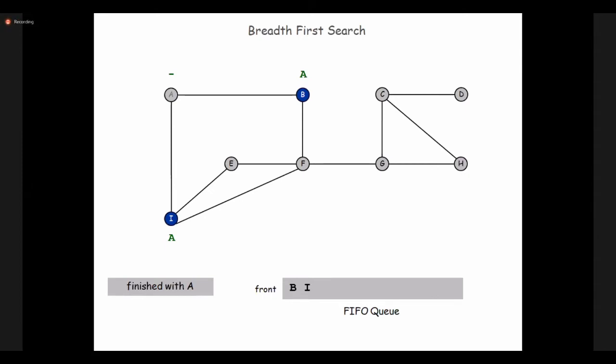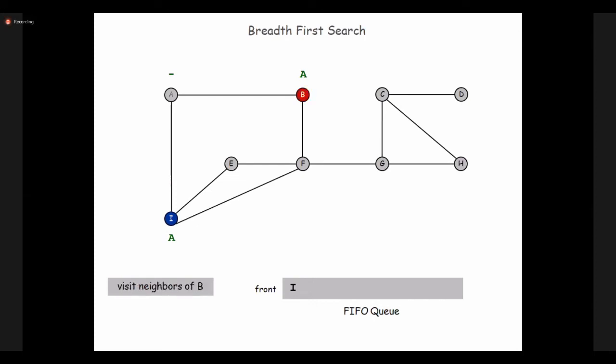So in the program we will create an array and mention A is 1. If A is 1, that means that particular vertex is visited. If it is not visited, the value will be 0. Like that we will write in the program. So for B I am finding F, so that F I should place into the queue.